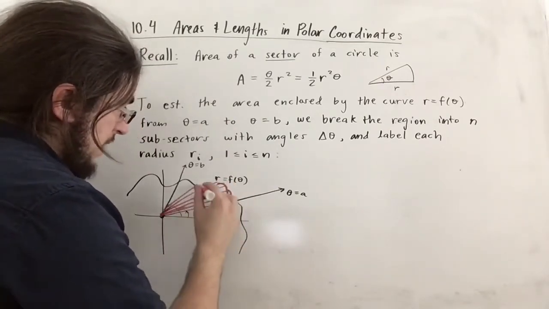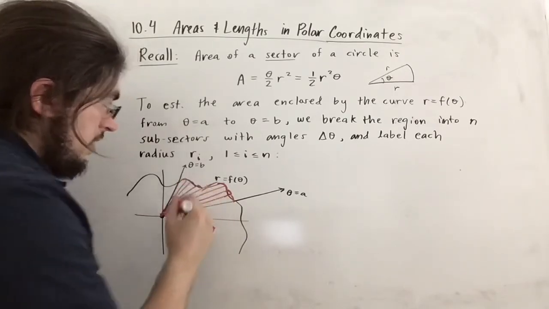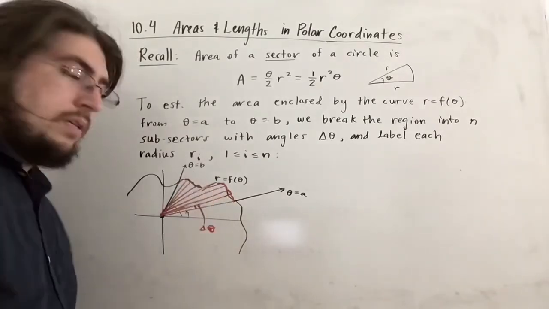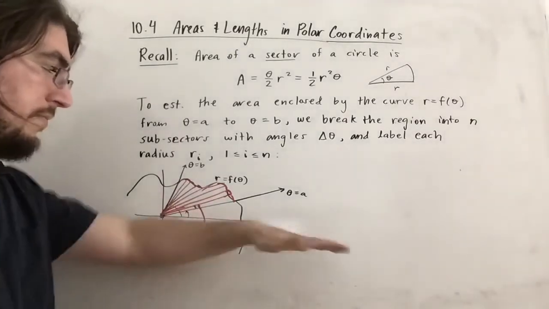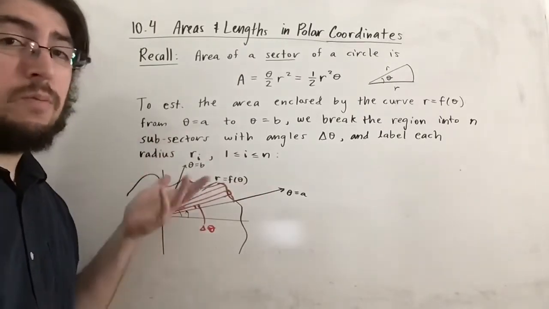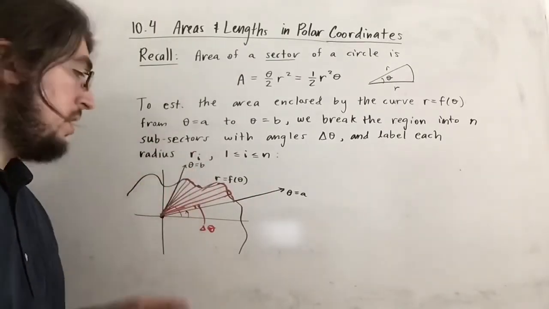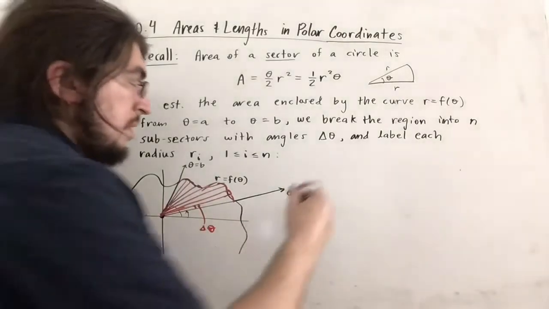We're just estimating the area under the curve as you would in Cartesian with rectangles, only since it's in polar, we have to abide by the polar rules. In other words, we have to go by angles, so therefore we have to have sectors from the origin. So this is basically what we're doing. And what we'll discover is this. The area